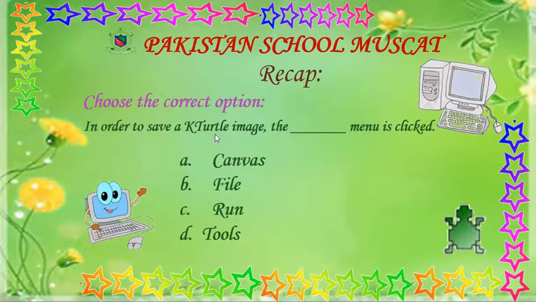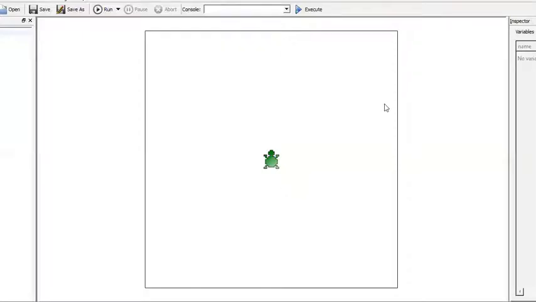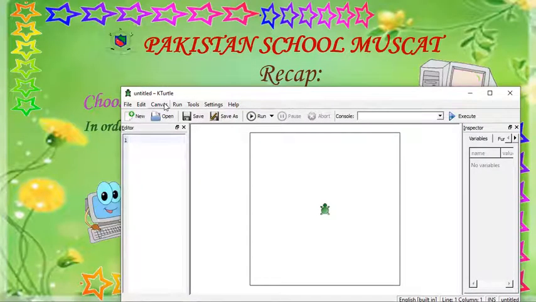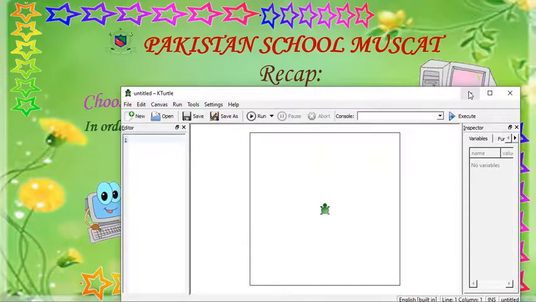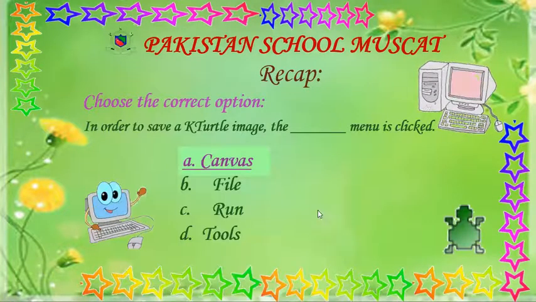So which option are you going to go for to convert your KTurtle file into an image? Yes, I'm getting correct answers from your side. Let's see the correct answer for this one. Yes, you need to click from the toolbar the canvas option. Once you click that, you can open the export to PNG option and that will be converted to your image. You can see over here, I'm going to make it smaller for you. When I click on this canvas option, export to image PNG, that will be converted into an image file. I hope it is clear to you, my children.